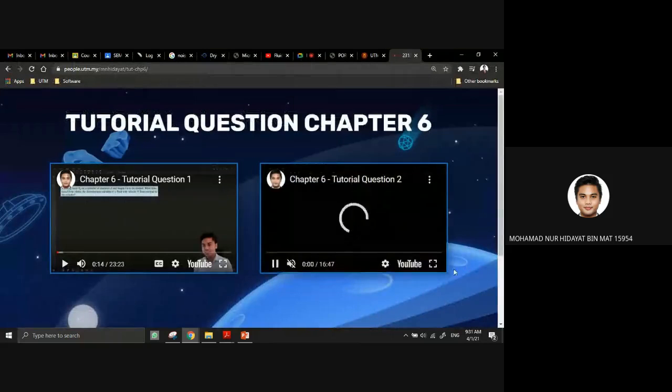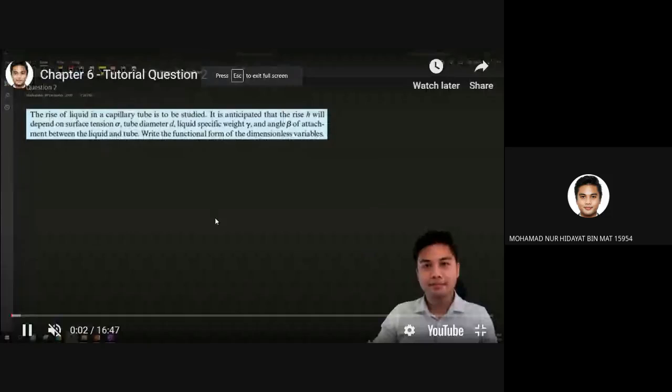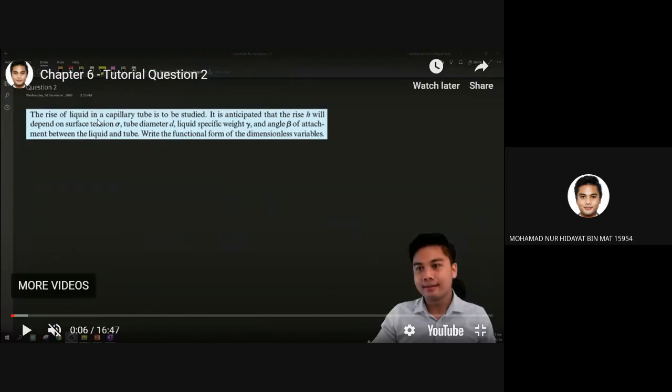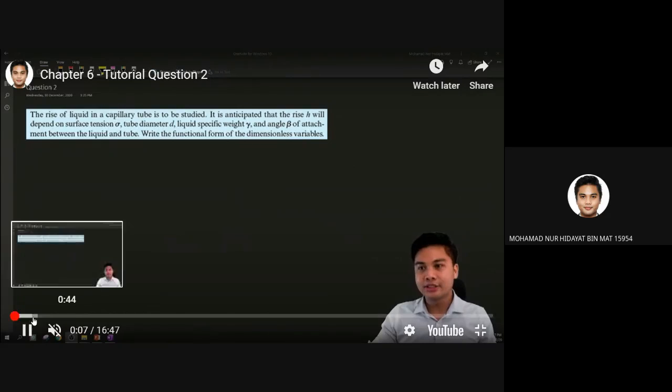Okay, let's take a look at this. Here the question is: the rise of liquid in the capillary tube is to be studied. It is anticipated that the rise H will depend on the surface tension sigma, the tube diameter d, liquid specific weight gamma, and the angle beta of attachment between the liquid and tube. Write the functional form of the dimensionless variable. So the first step,